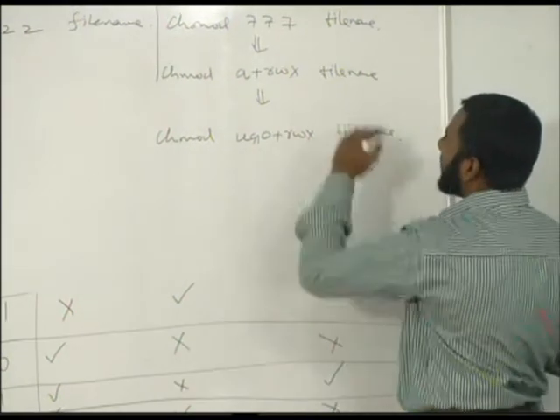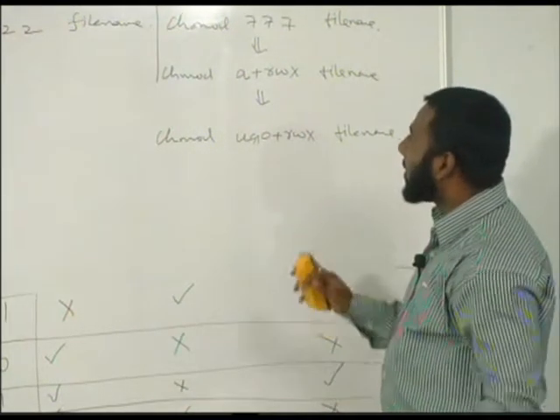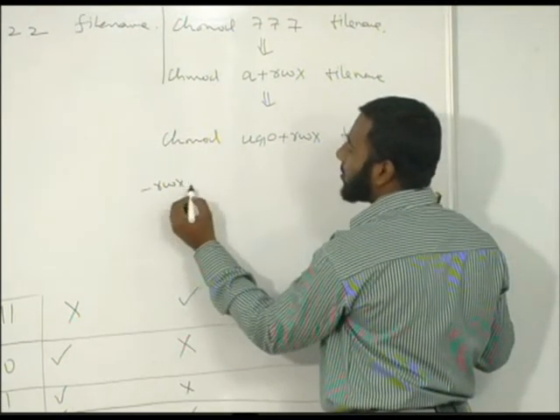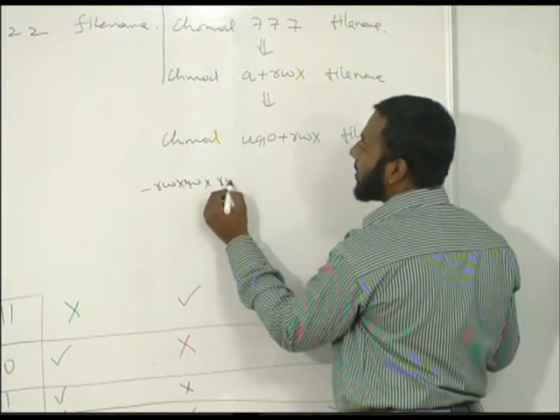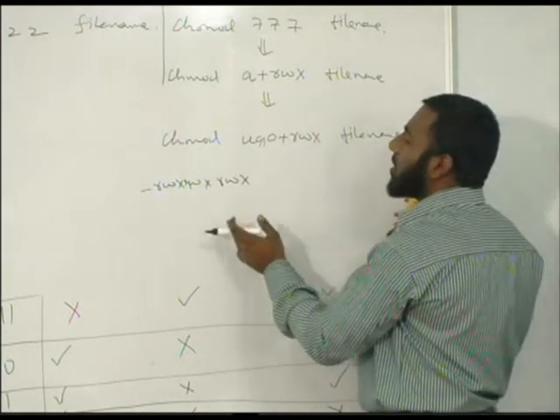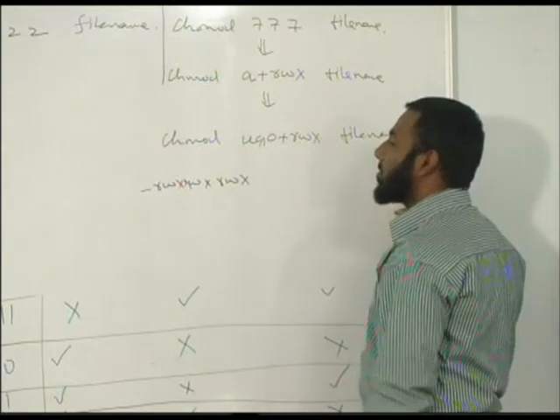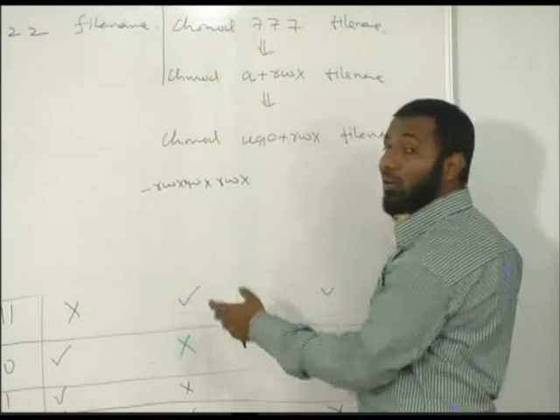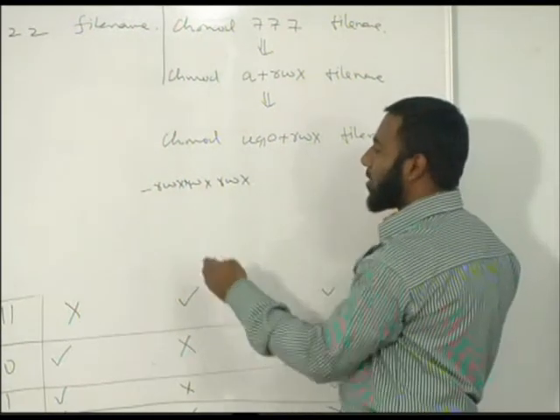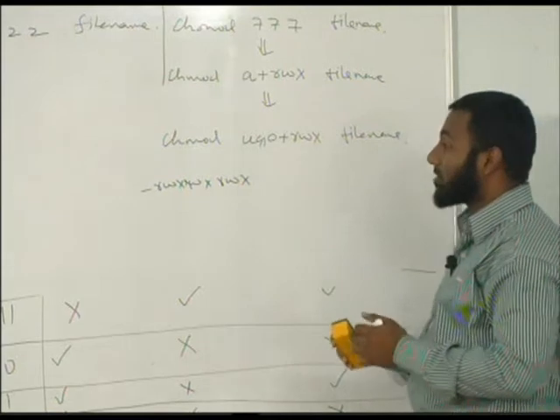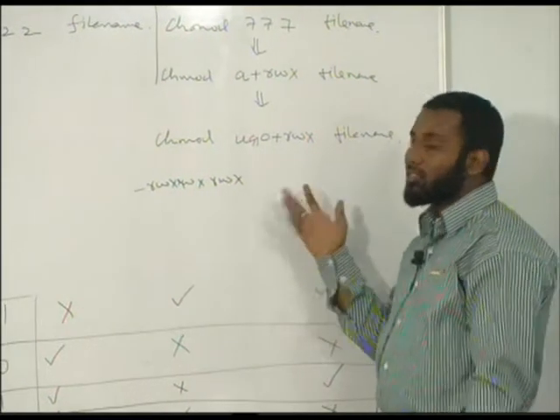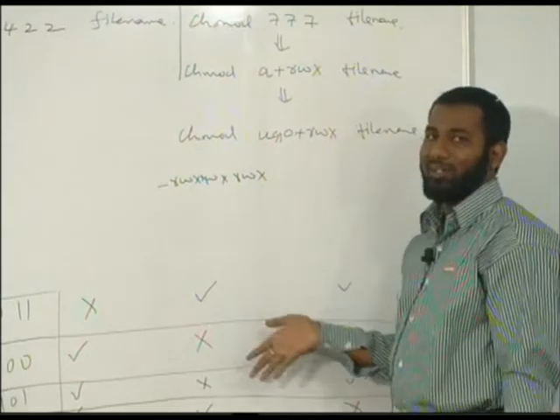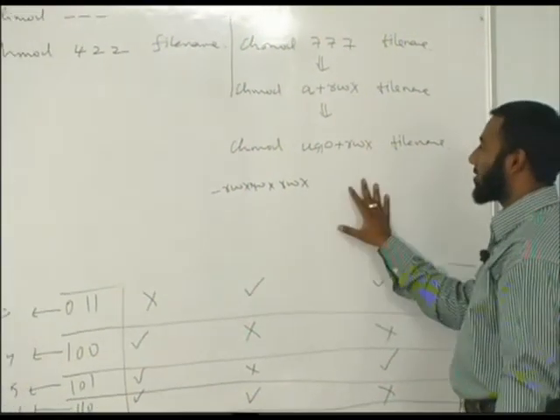Now what happens when I give this? This file will get all permissions: read, write, execute, read, write, execute, and read, write, execute. It means anybody can read it, write it, and execute it. Anybody can modify it. Generally, most users don't want to give this kind of permission because they don't want to compromise security. It means this file can be deleted by anybody. But still it is possible for us, a file having these permissions cannot be deleted. There are other ways which we will not discuss right now.